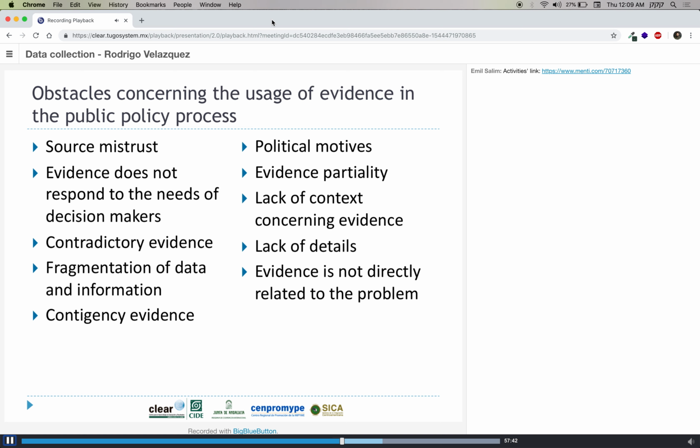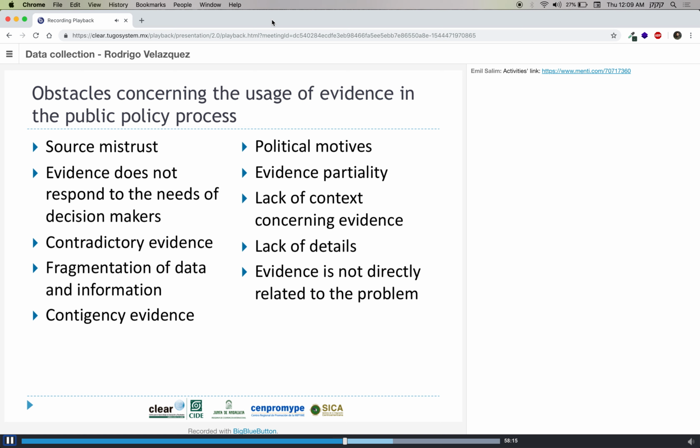If we do not provide details of how the government action or program is implemented under what circumstances, then it is going to be an obstacle because it lacks soundness. And this has to do with the next step that has to do with lack of details. If we do not have enough details concerning the evidence or how the evidence supports our theory of change, and if we do not have a context that is explained, then we are not going to use evidence.